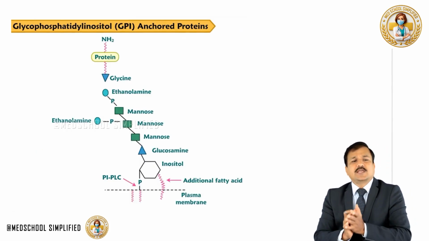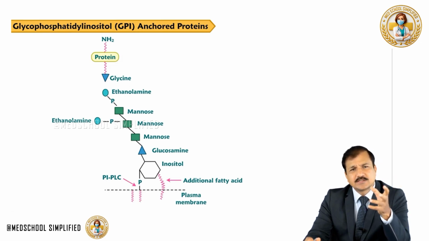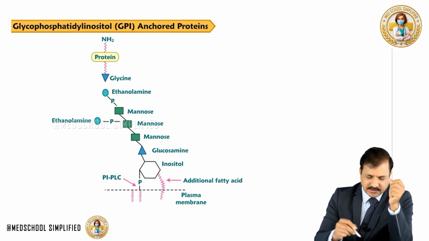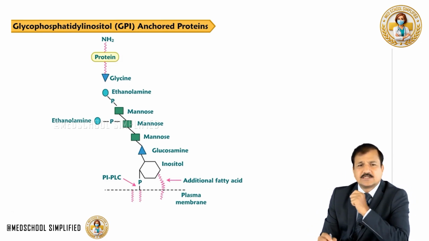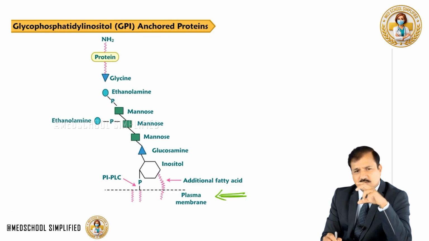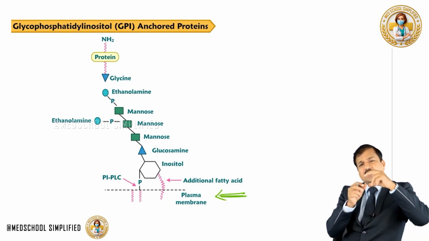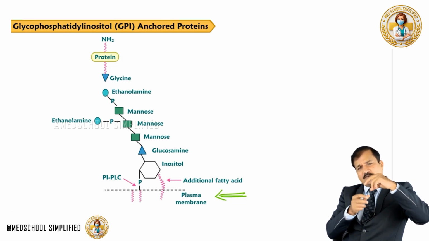Now let's move on to glycophosphatidylinositol anchored proteins. The structure that you are seeing here is a GPI anchor. As you see, this is the plasma membrane. I am putting an arrow just to show where the membrane is, at the bottom. And a fatty acid is attached to the plasma membrane,